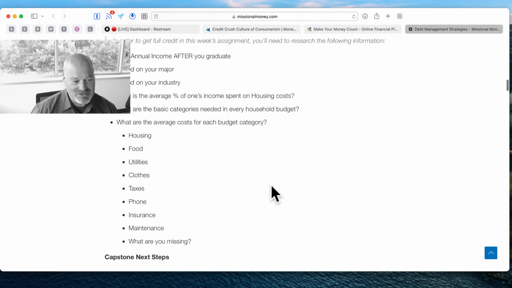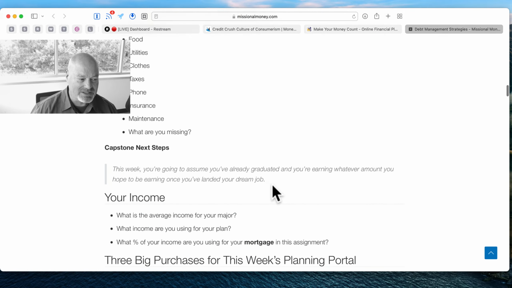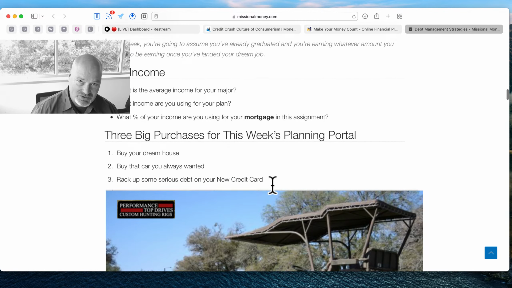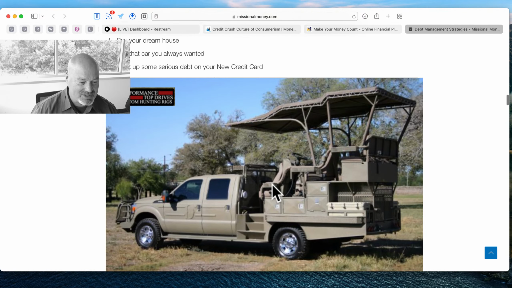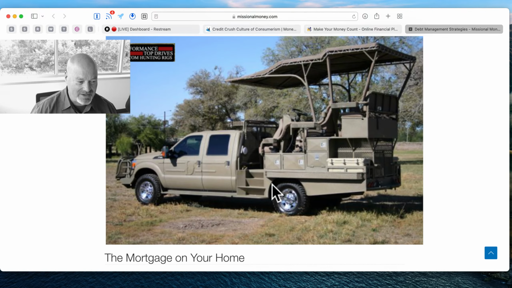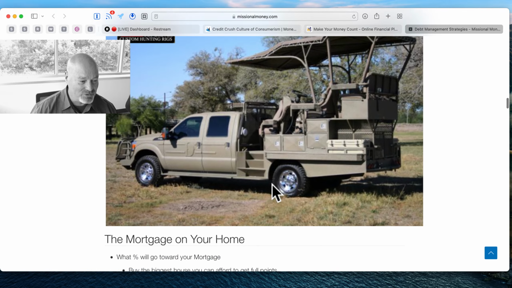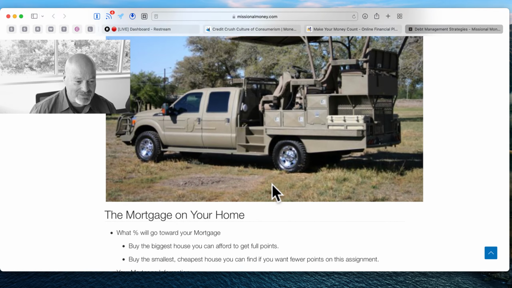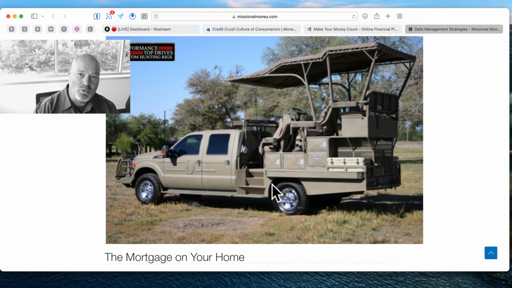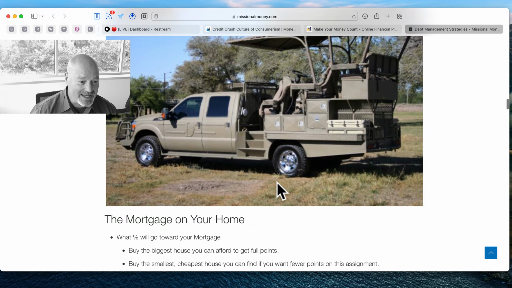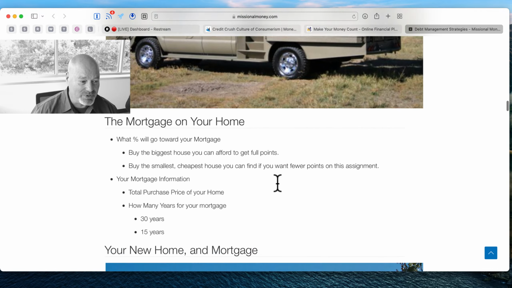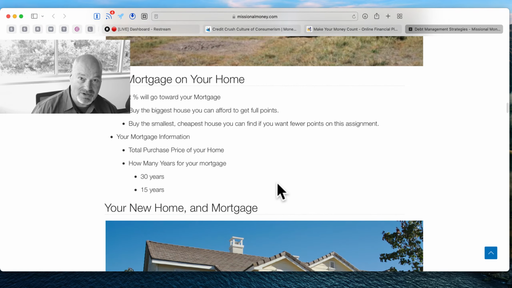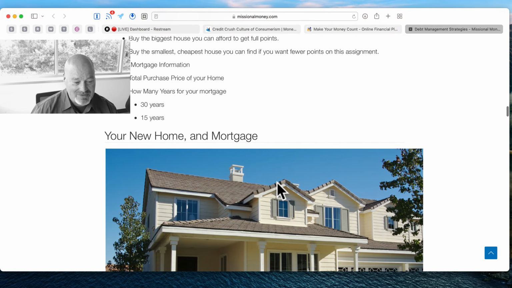You can see the actual assignment that has been posted for our students at the University of Houston. And this beautiful machine right there is Billy's truck. It's based on a Ford F-250 chassis with all of the customized features. One of the pieces of credit debt that Billy has is for that truck. It was financed through a very creative company. It's not just your ordinary car loan. And then here is their home.